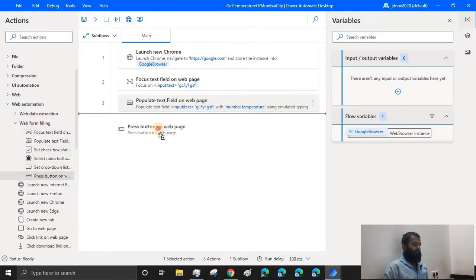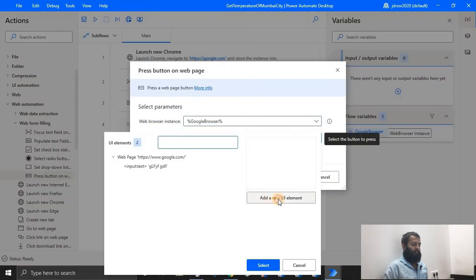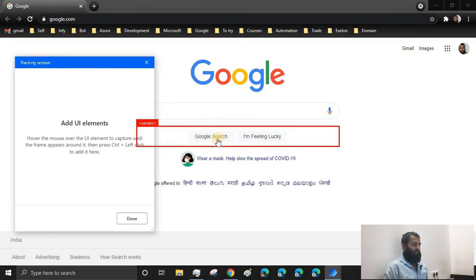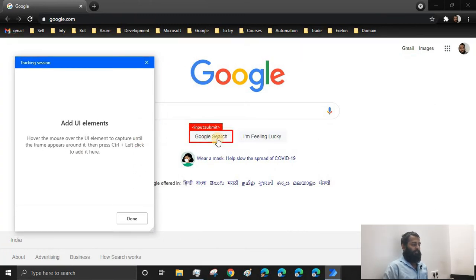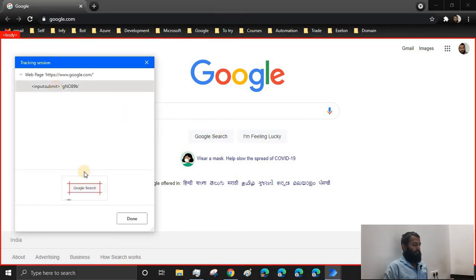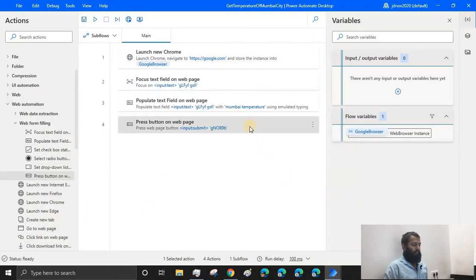So I'll use Press a button and select a new element. Let me focus it on the Google search, Control and left click. There we have the element. Click on Done and Save.